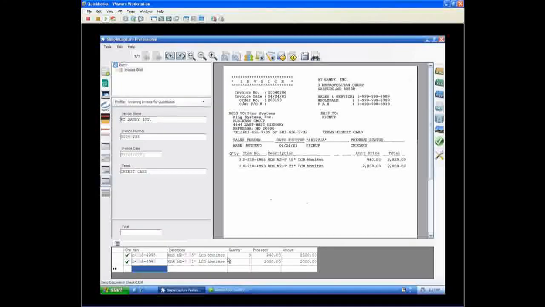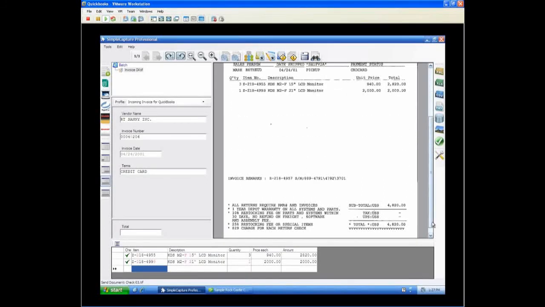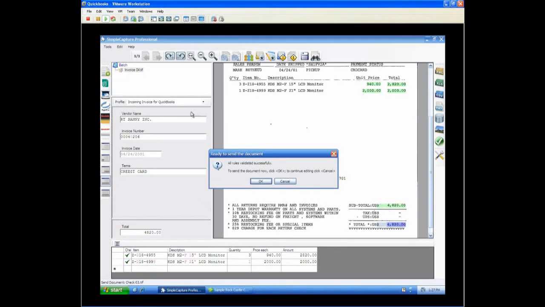That's one of the rules. Another rule can be applied for the sum of items, just to verify it with a subtotal, and so on. We have many rules in SimpleCapture that you can connect and use, just to verify additionally that there are no discrepancies. And all we have to do now is capture the total, it's right here, and